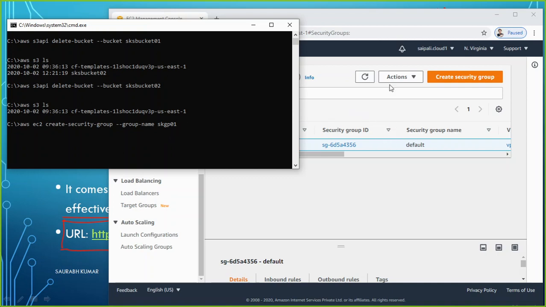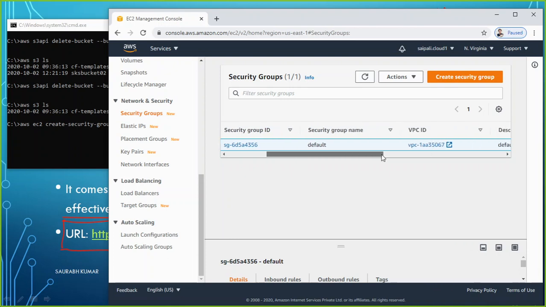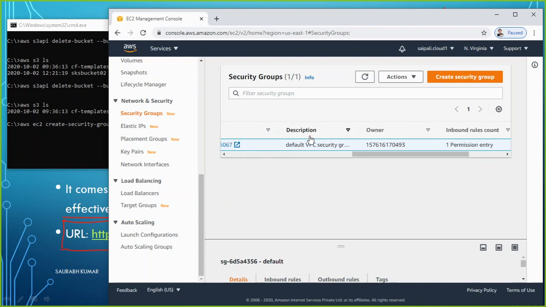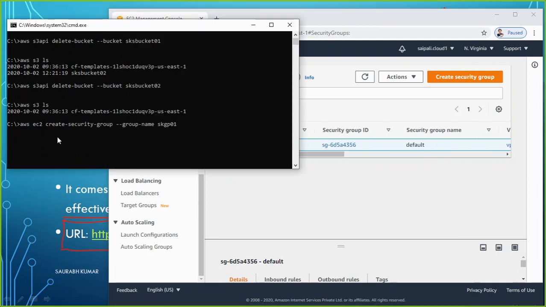Then you see one more thing. It also shows you something like a description, say default VPC security group. So if you want to also add a description here, add the description as well. --description. What description do you want to add? So maybe I want to add a description that is Saurav Kumar GP01.